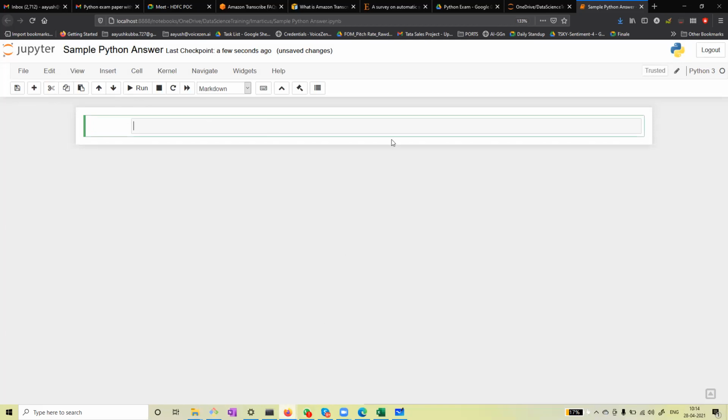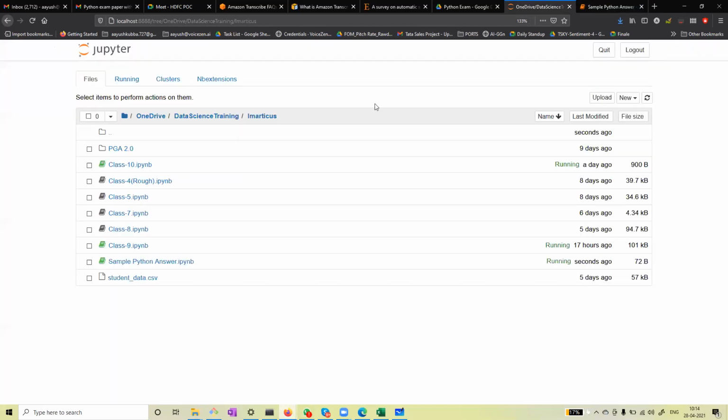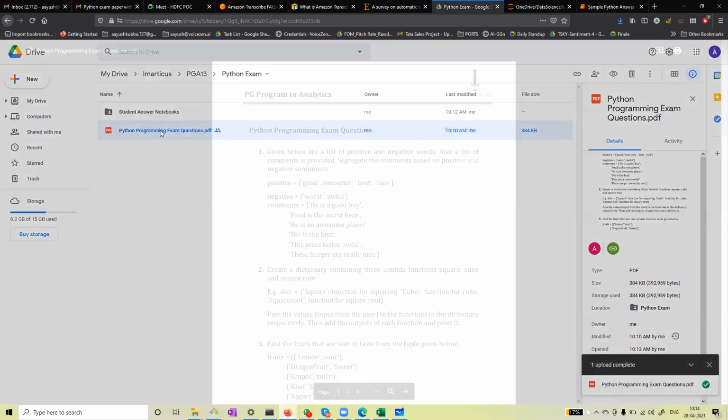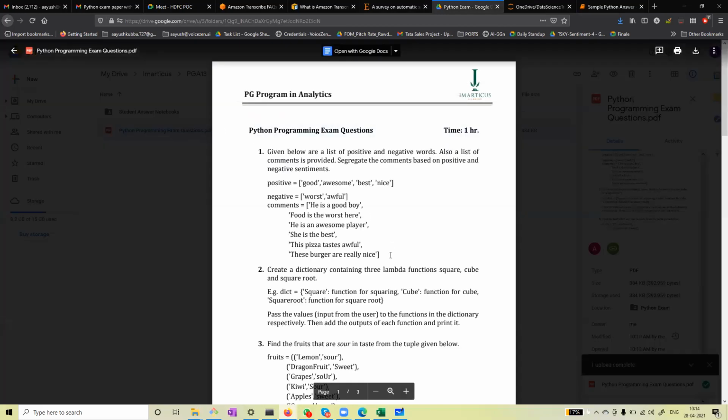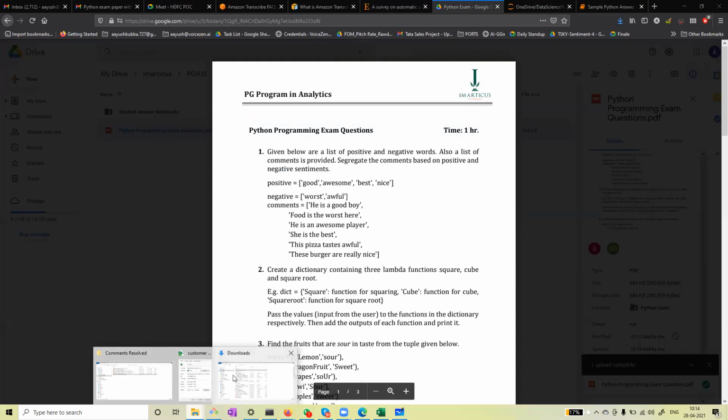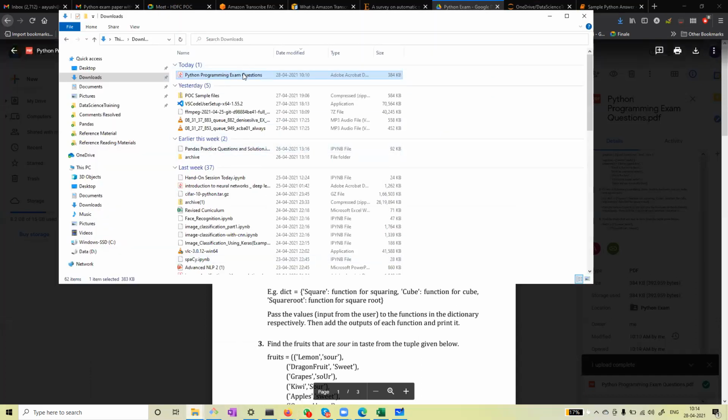Okay, if not, that's also fine. I mean, what I meant is that what you can do is, if you can copy this, fine. Okay, like if you open in Adobe or something, you will be able to copy. Else, just write the question number and then start the solution.